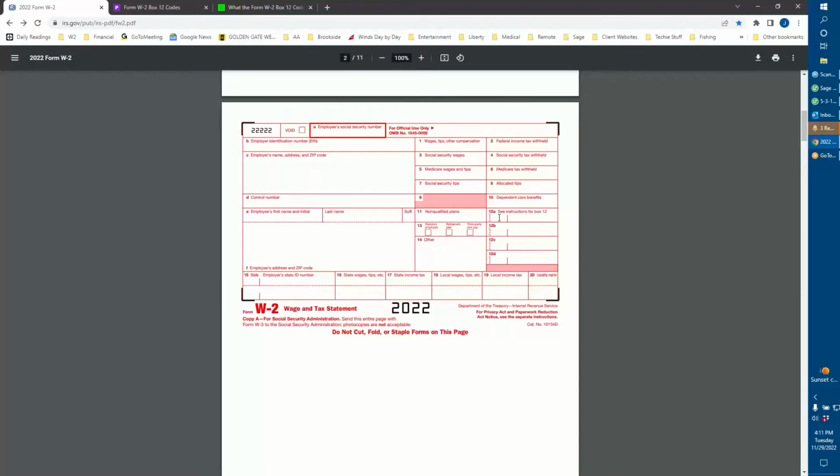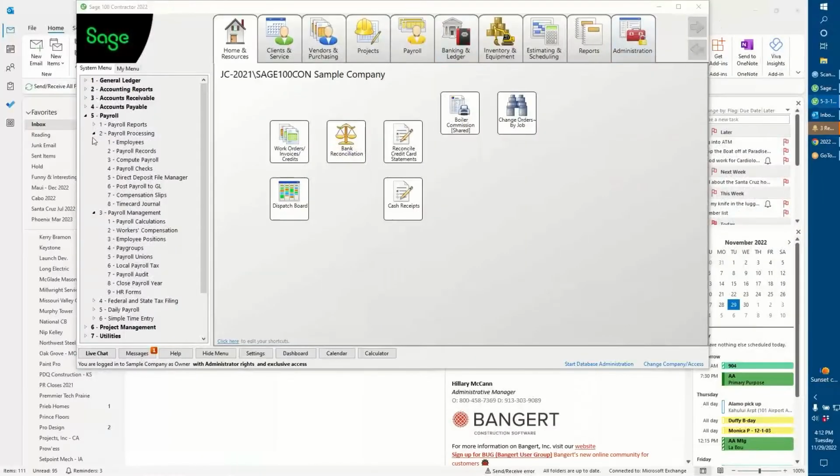Sometimes it's a little confusing on box 12 and/or 13 or 14 as to what codes you will use and whatnot. These should have been set up for you. If you have any questions about whether they're set up properly in your calculations, then you can obviously consult the web or consult your accountant, and you can then get into the payroll calculations.